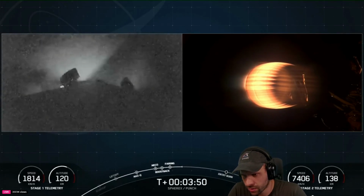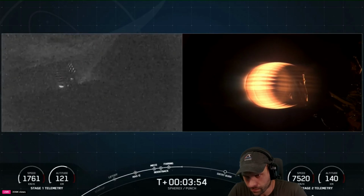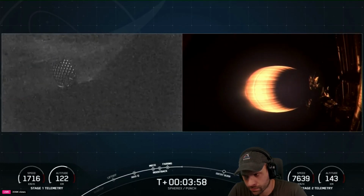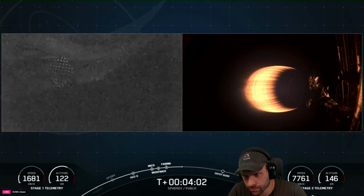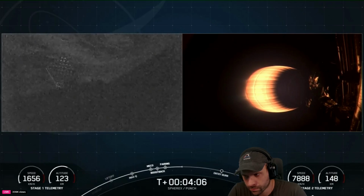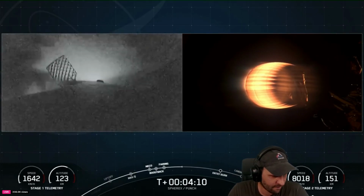This is the 3rd flight for today's first stage, which previously supported 2 other launches, NROL 126 in November of 2024 and Transporter 12 just in January of this year. And you may have noticed some soot on the vehicle prior to launch. During the entry burn, which is coming up here in a couple minutes,